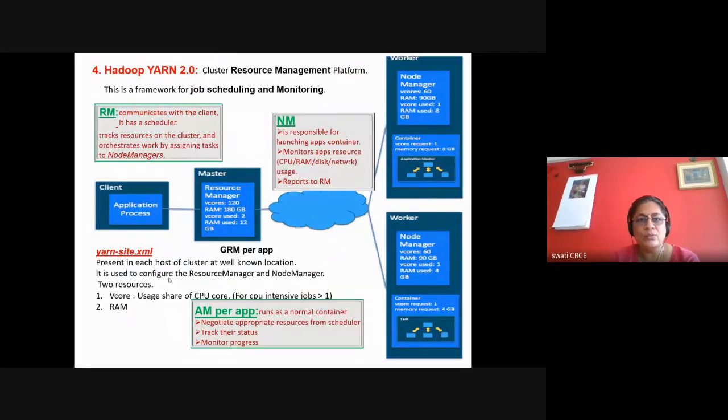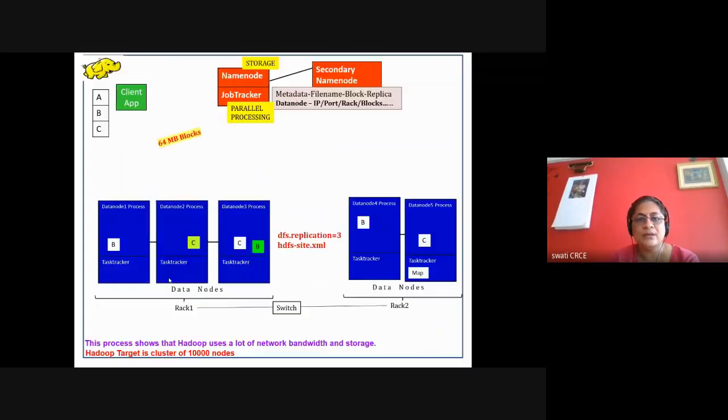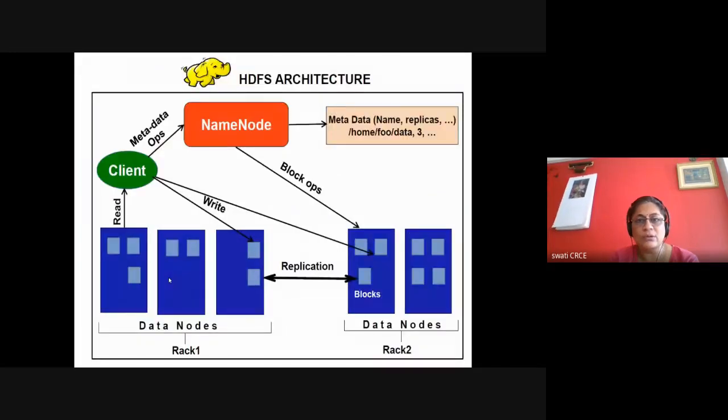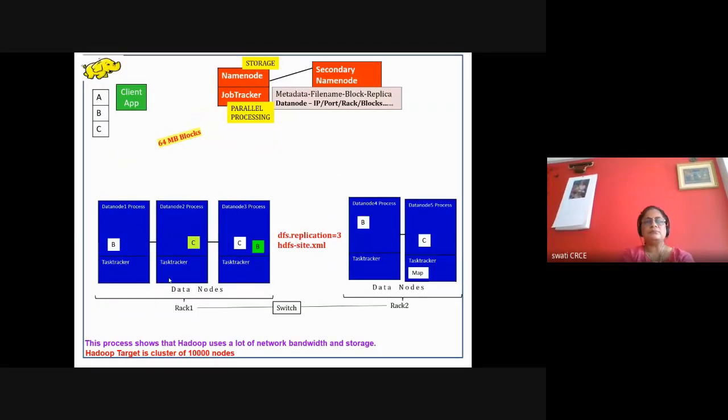Okay. Now we will see this afterwards. Okay. So I have drawn another diagram again. Now we'll see how the file is getting stored. What are the operations that will occur in this particular cluster? Okay. So with respect to some animation, here the client application is there. This is a file, this ABC. These are the blocks actually, but this entire big rectangle is a file.